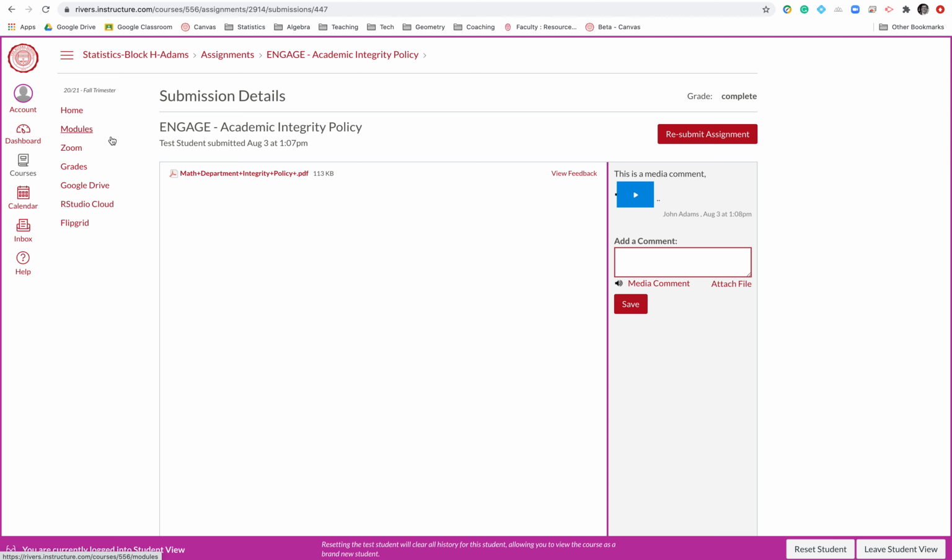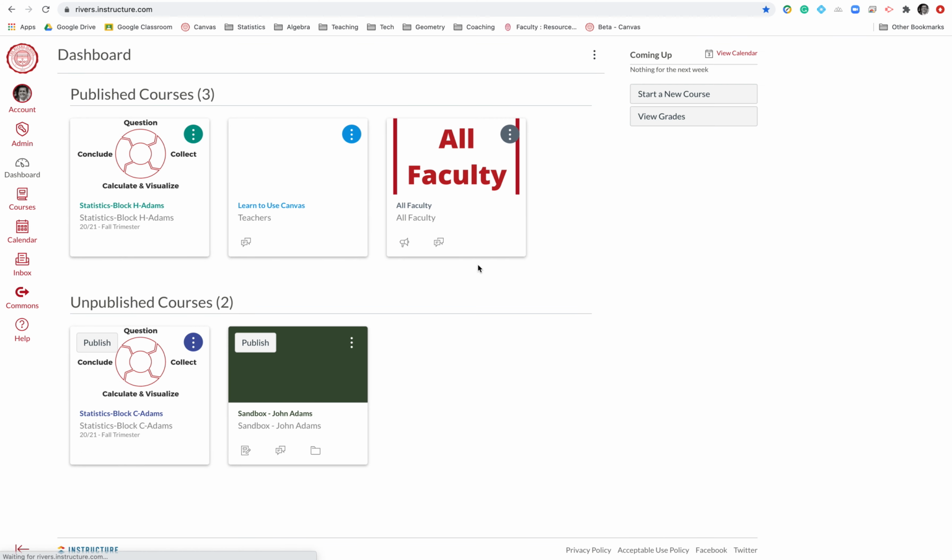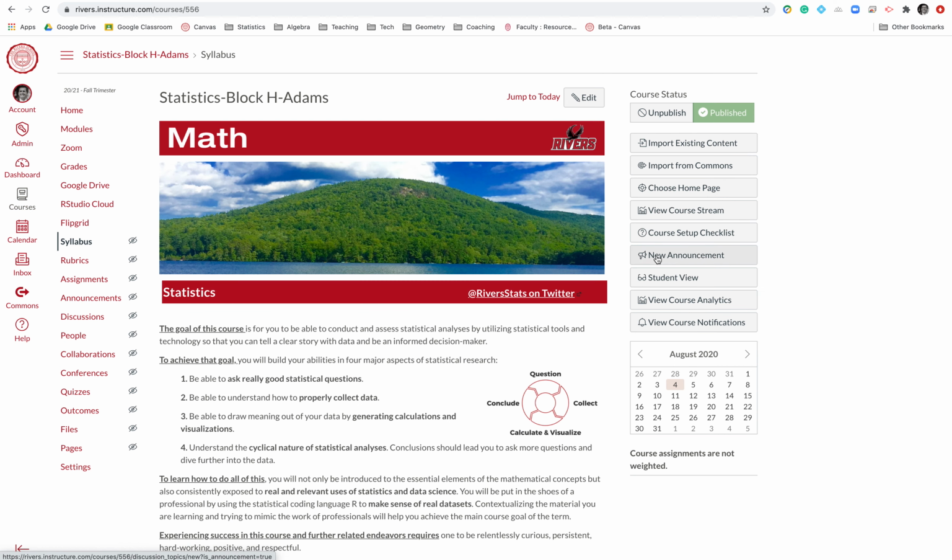Okay. You can access this not only from your grade section, but also, if you're on the dashboard, I'm going to leave the student view here, and something recently has been graded or you've been provided feedback on, it'll appear over here on the right side. It'll say recent feedback.